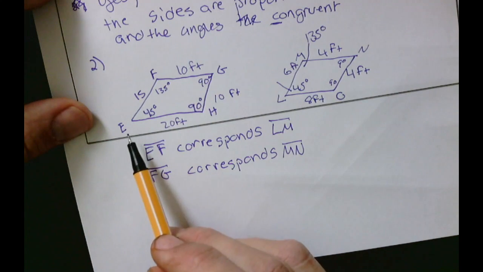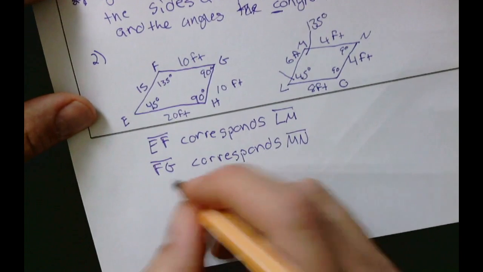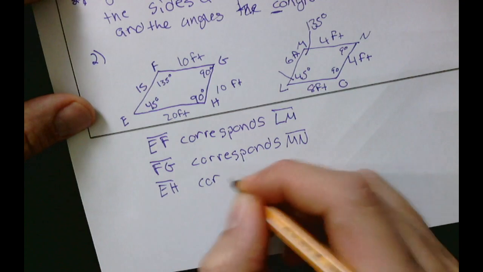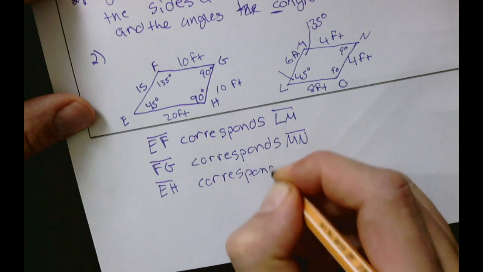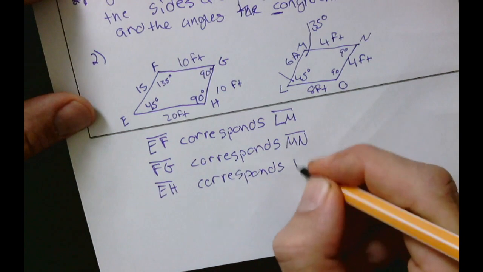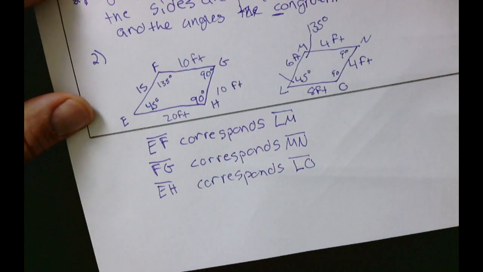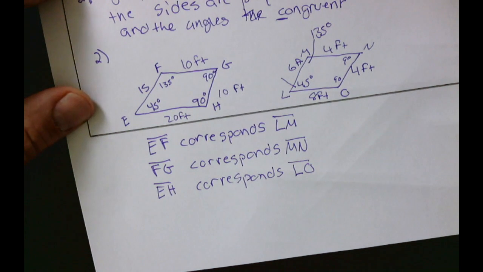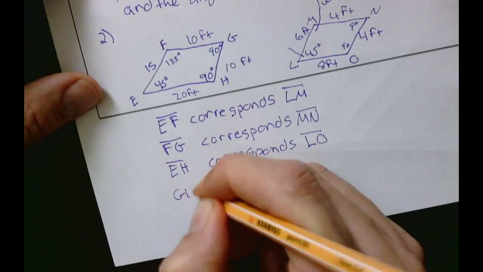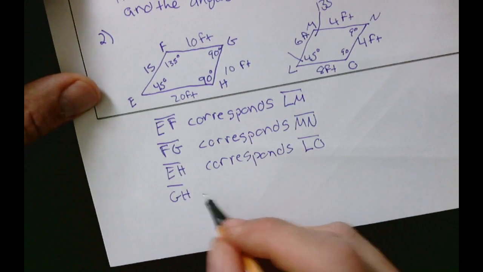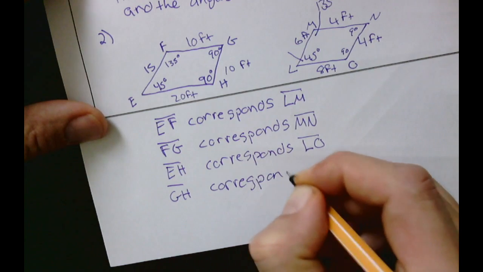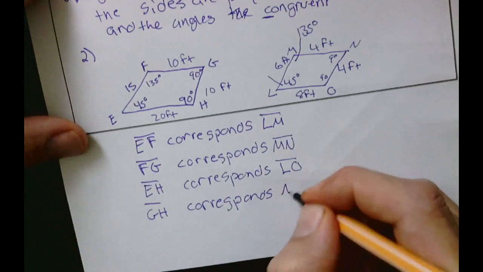Next we look at side EH, and that corresponds to LO. Am I missing any other sides? Well, I see side GH here, so I can go ahead and write GH just like that. GH corresponds to